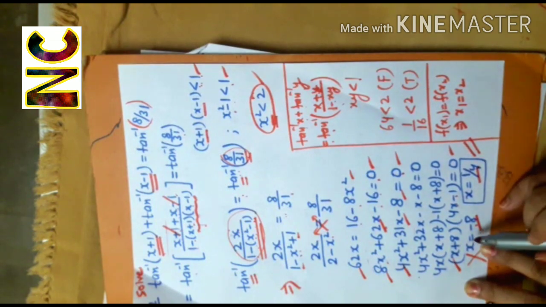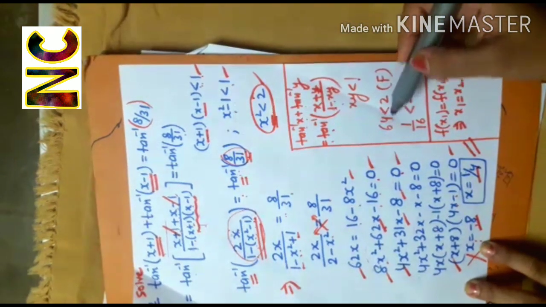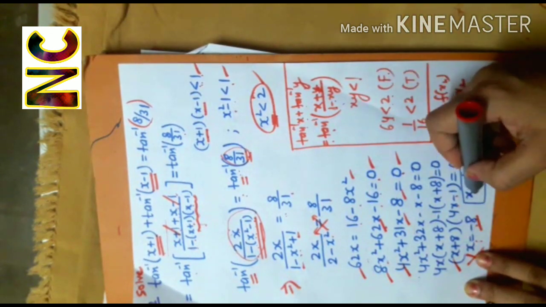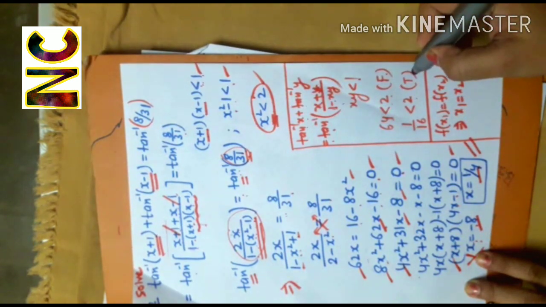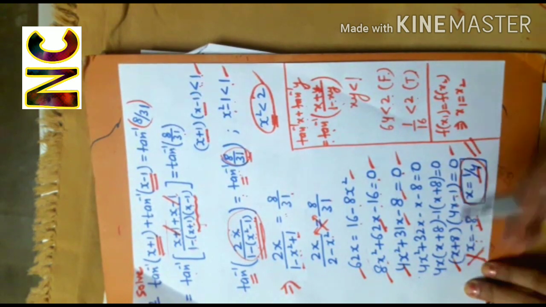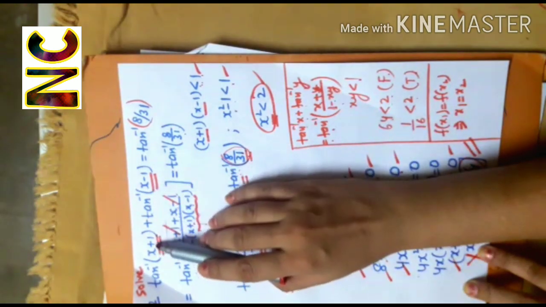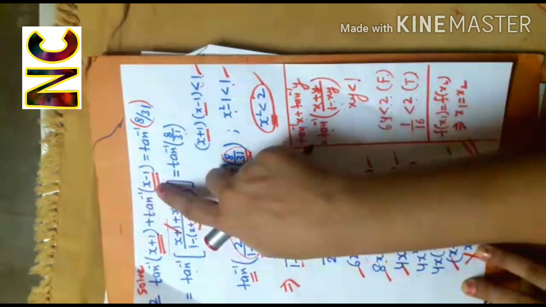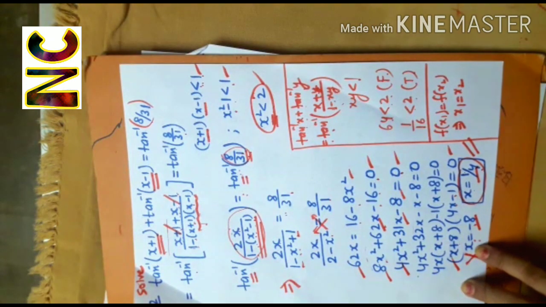Now if you put x equal to minus 8 here in this inequality, you will get 64 less than 2, which is false. So this cannot be the solution. If I put x equal to 1 by 4 here, I'll get 1 by 16 less than 2, which is true. So the solution of the equation is x equal to 1 by 4. You can also check, if I put x equal to minus 8 in this equation, the left hand side will become negative. So x equal to minus 8 will not satisfy this equation. So the solution is x equal to 1 by 4.